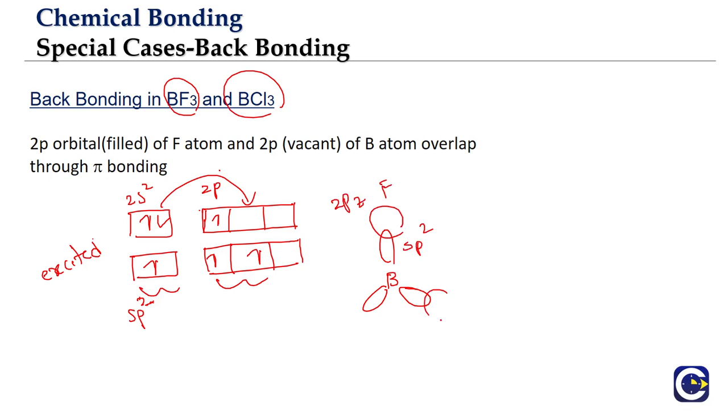And each of these sp2 hybrid orbitals will be bonded to the 2pz orbital of the fluorine. So the 2pz orbital of fluorine will have 1 electron. So there will be overlapping of the atomic orbitals. So this is what we have as BF3. Even BCl3 will have a similar shape or structure. Both of them will be trigonal planar.